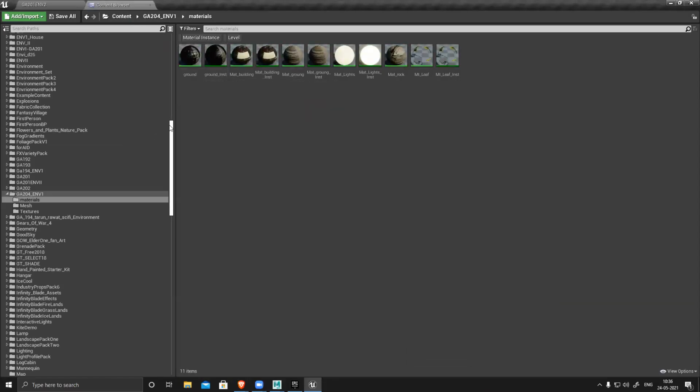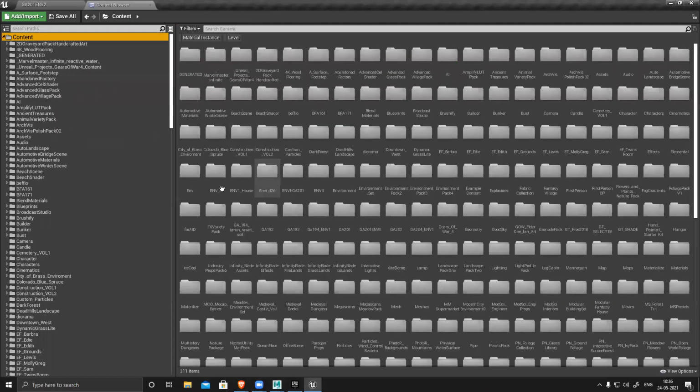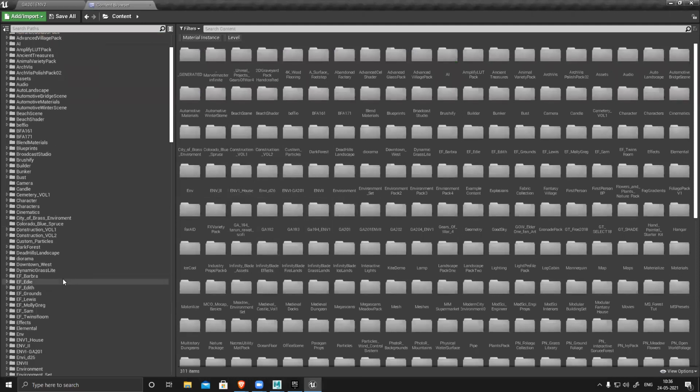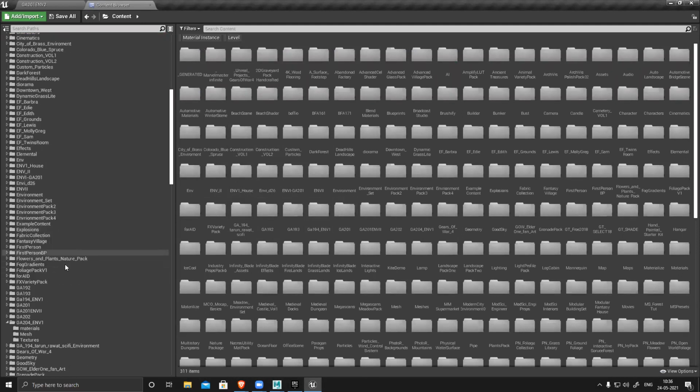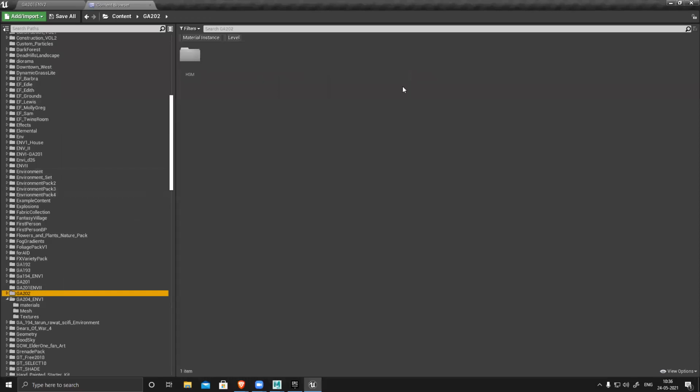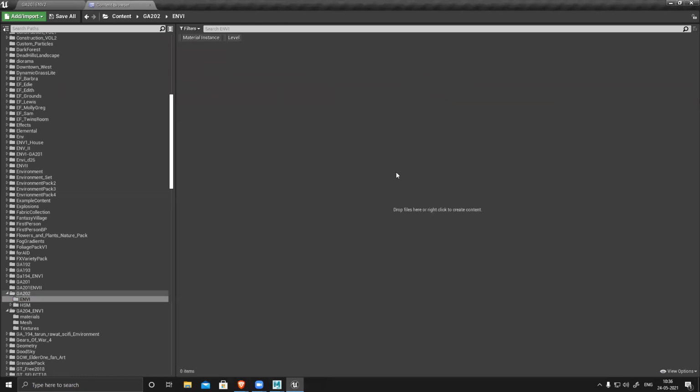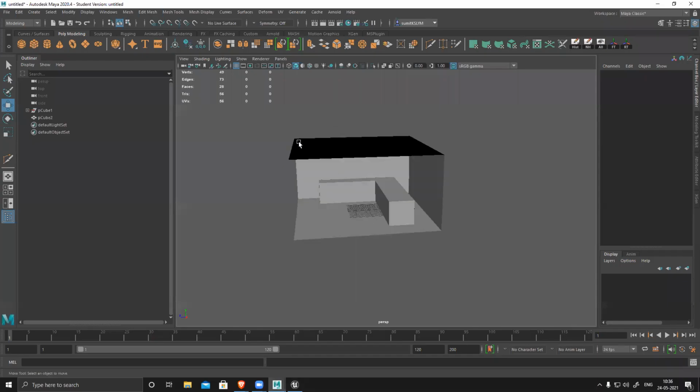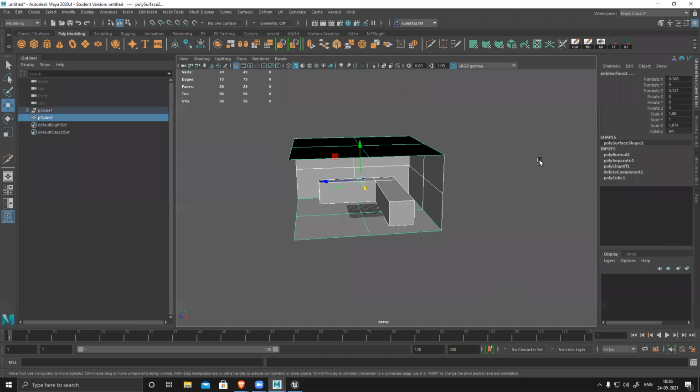So I'll create a folder for you guys. I guess I have already created it. Yes, HSMC. New folder, environment one, enter. So we just import that entire scene into Unreal and check if it's working or not.